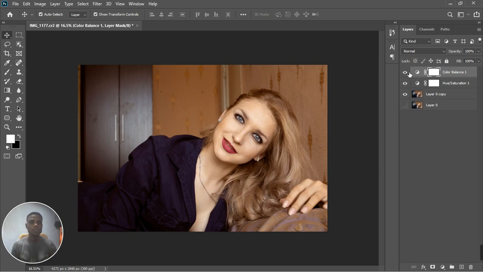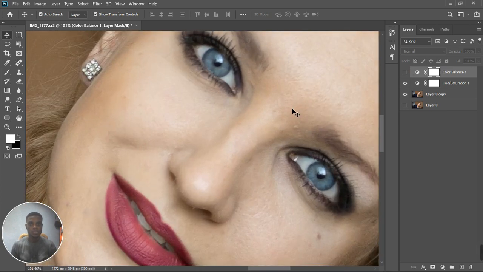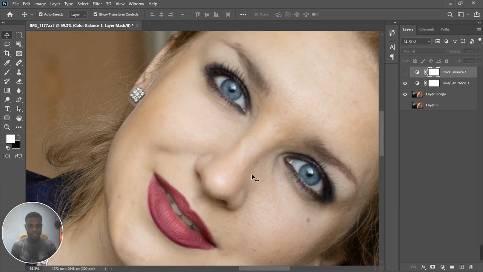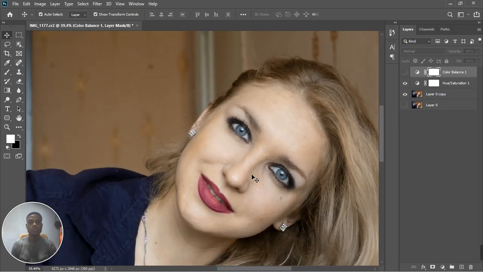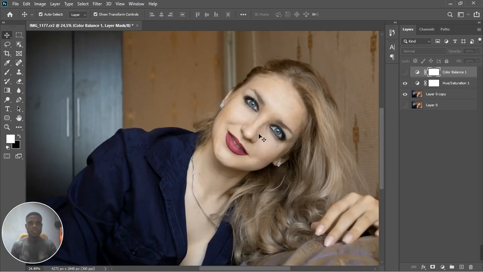You can go ahead without the color balance for color grading. Actually, you can see some spots on a face like this one, and then you can use frequency separation to actually fix those. So this I'm going to fix the color with hue and saturation. On the other hand, if you feel like okay, you don't want that, you want to